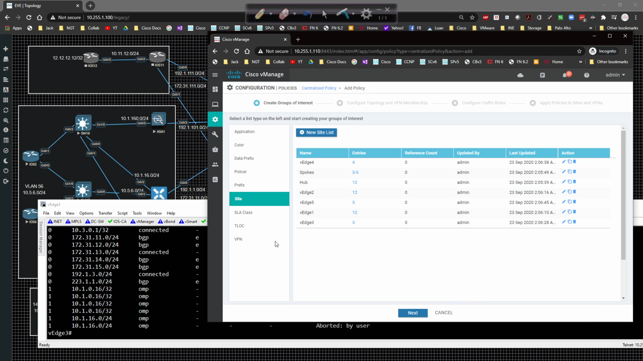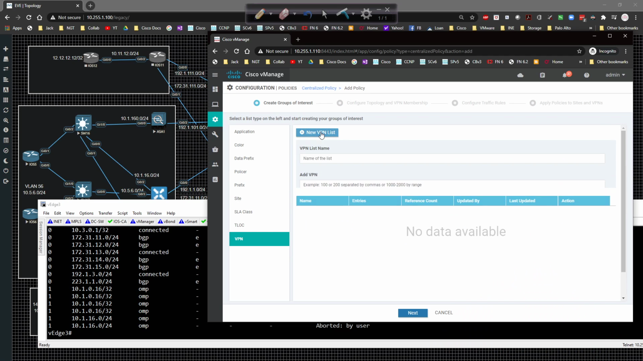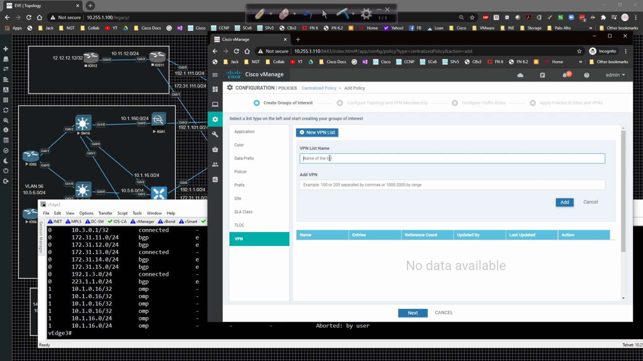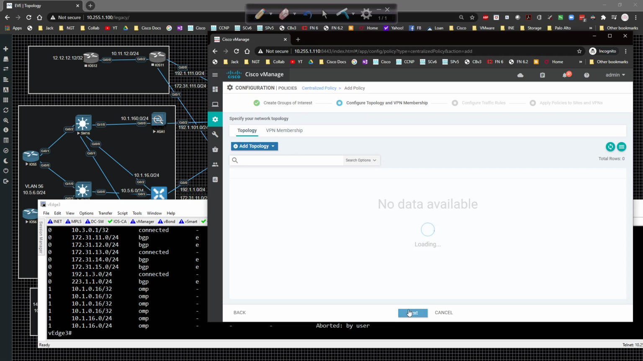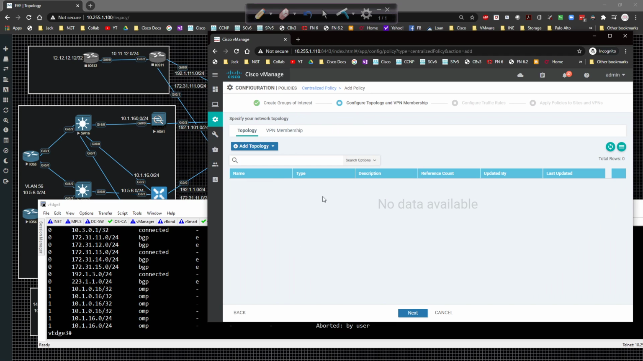Next thing I'm going to do is click on VPN, create a new VPN list, and right now we only have one. I'm going to call this service-VPN1 and just call it 1 because that's all we have. Click on add, and there we go. So now I've created my two groups of interest. Next thing I'm going to do is click on next,